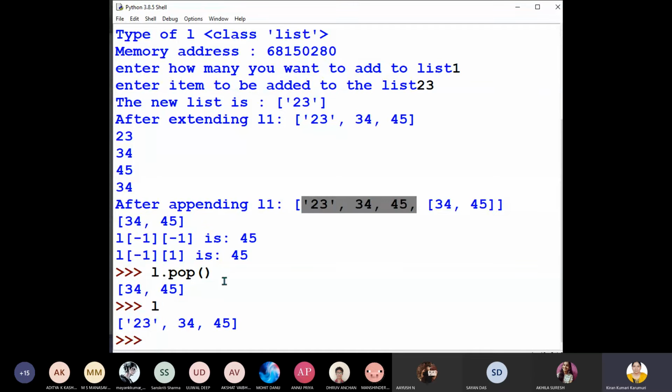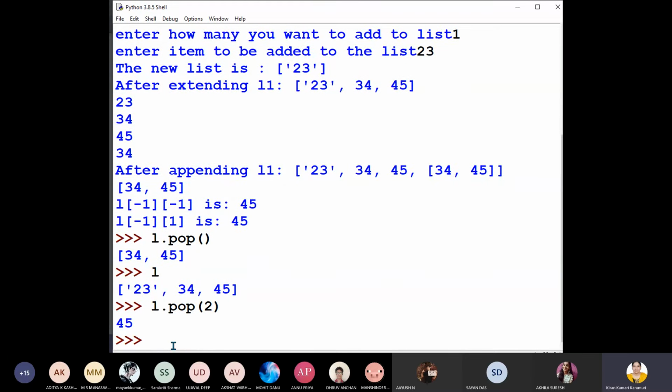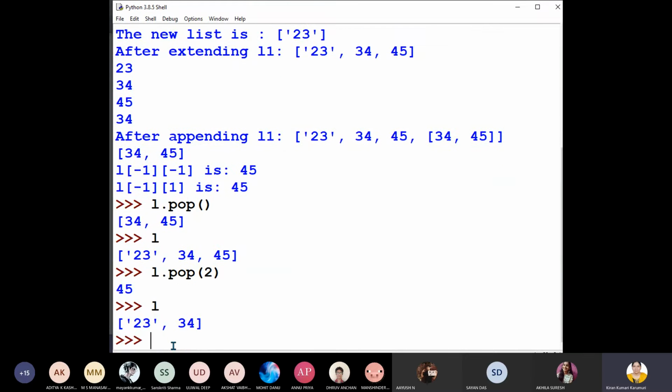See, now after popping the last item is 34, 45. That entire item is removed from the list. If you have not mentioned the index, the last item is removed. If you know the index, second item to be removed. Now if you display list, now you can see 34, 23, 34, 45 is removed. That is index to whatever item is there, that is removed, deleted from list L.